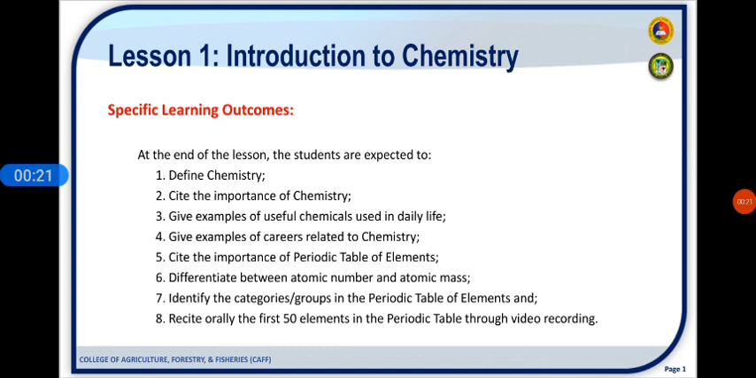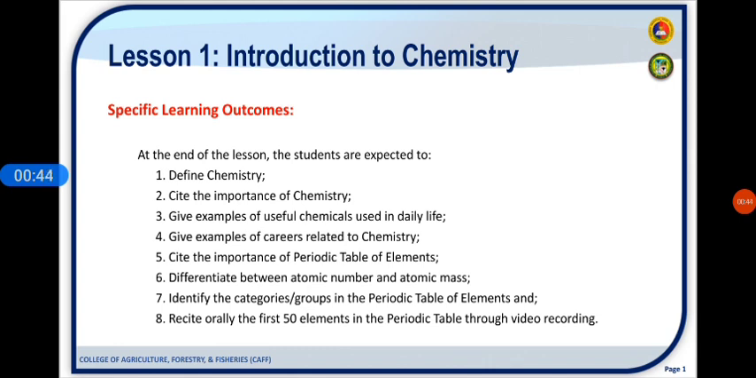At the end of the lesson, the students are expected to: 1. Define chemistry, 2. Cite the importance of chemistry, 3. Give examples of useful chemicals used in daily life, 4. Give examples of careers related to chemistry, 5. Cite the importance of the periodic table of elements,